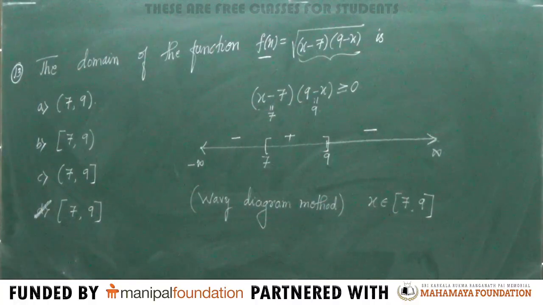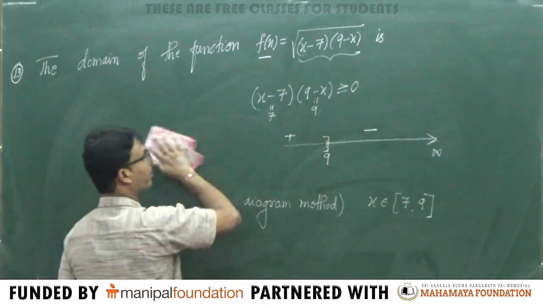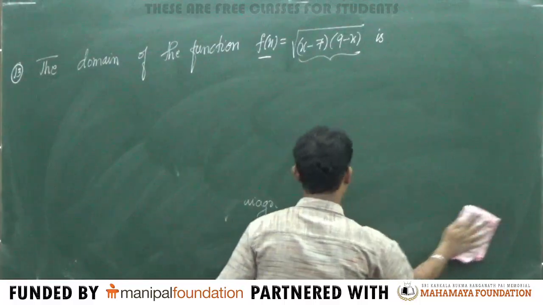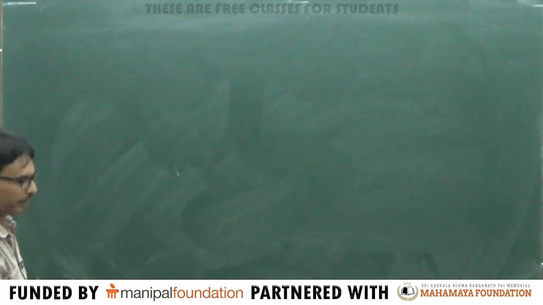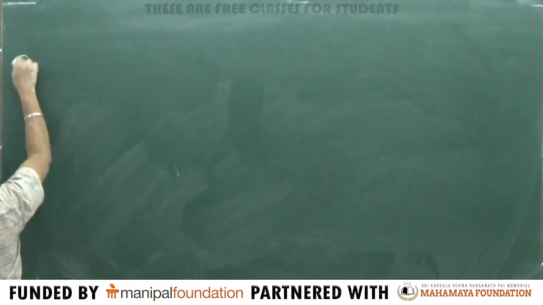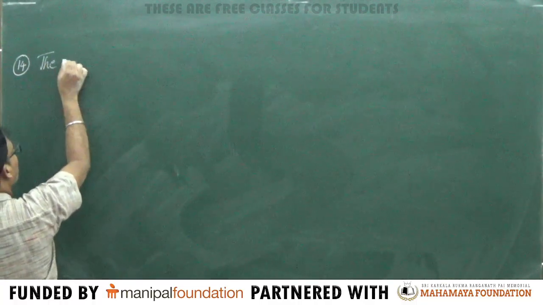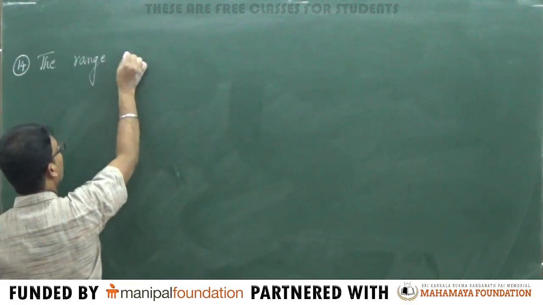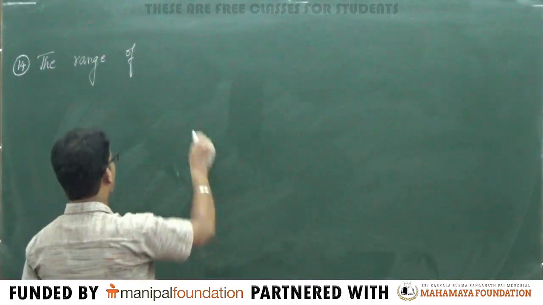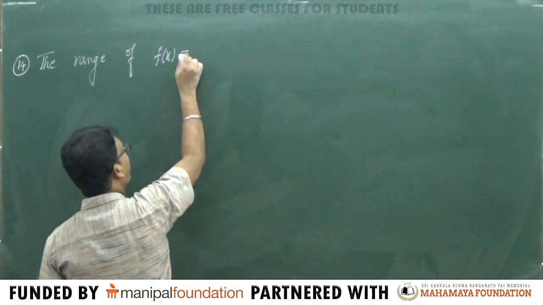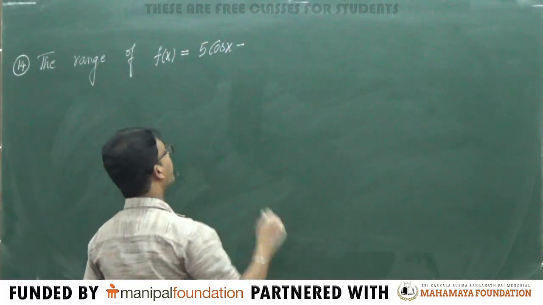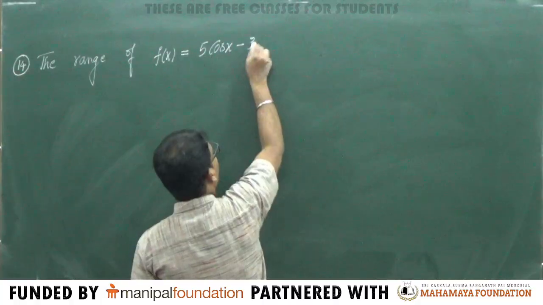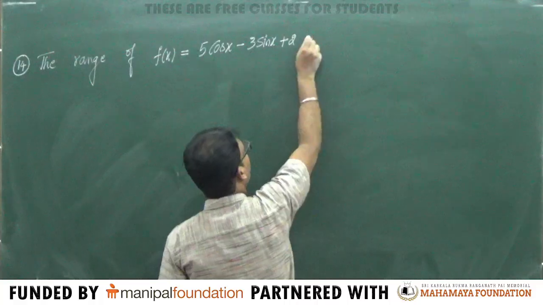Next problem. The range of the function f of x is equal to 5 cos x minus 3 sin x plus 2 is,